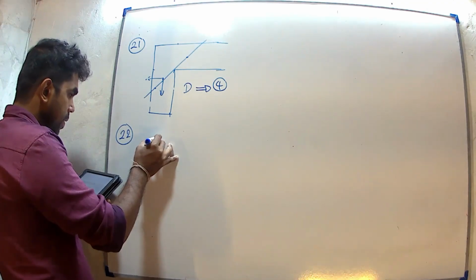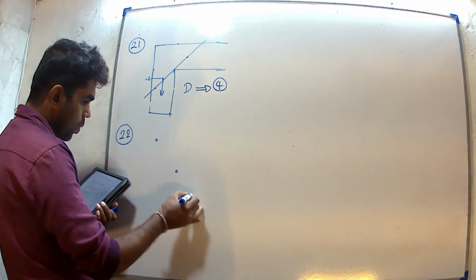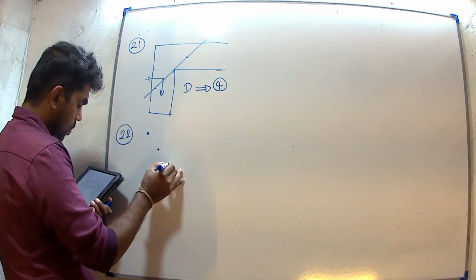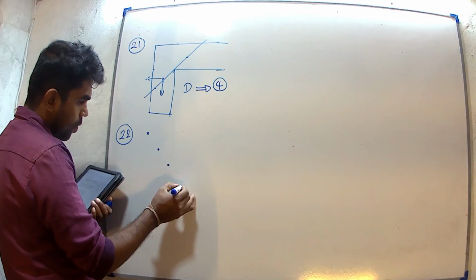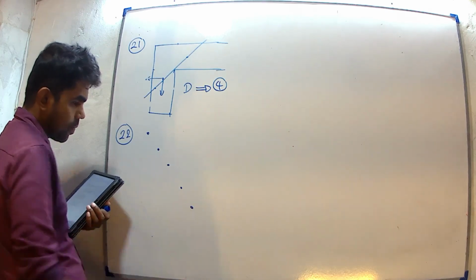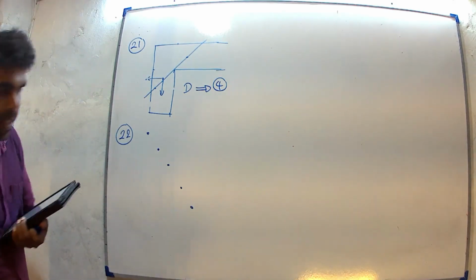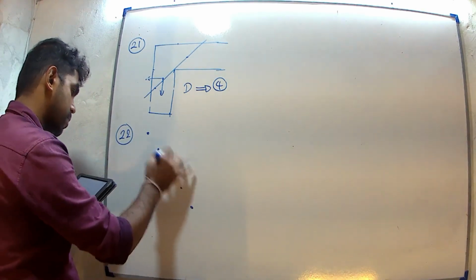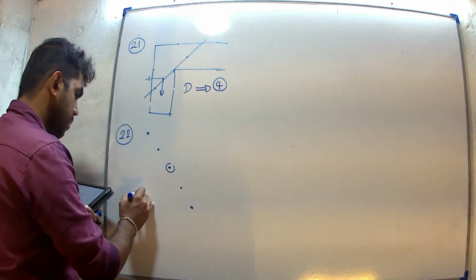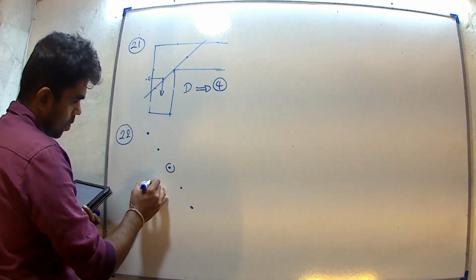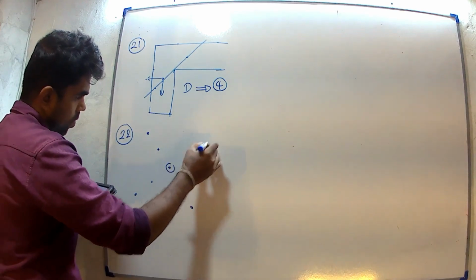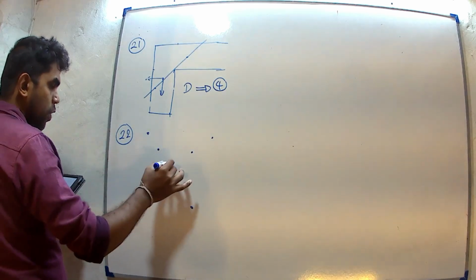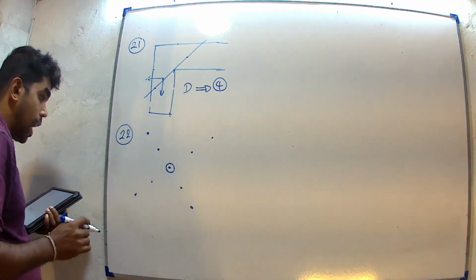When considering the given masses 1, 2, 3, 4, 5, the center of gravity of this part should be the midpoint, this point. When considering these masses, the center of gravity is again this point. Therefore, we can consider